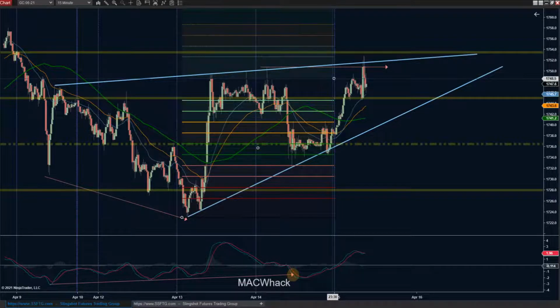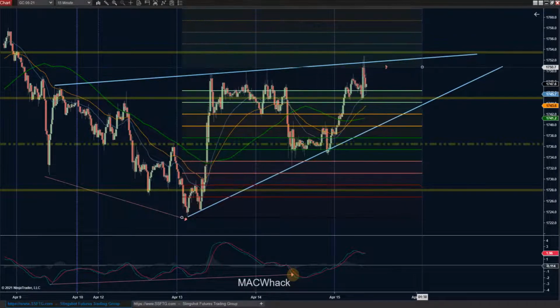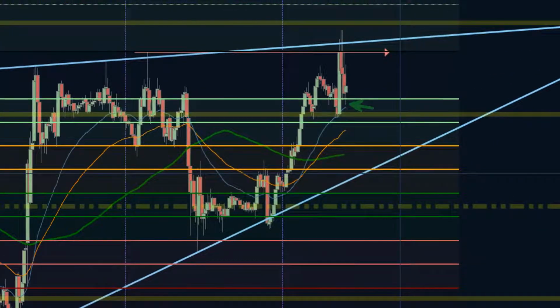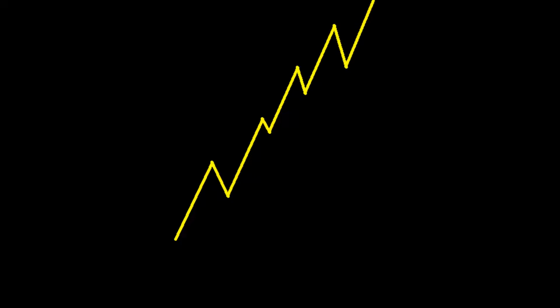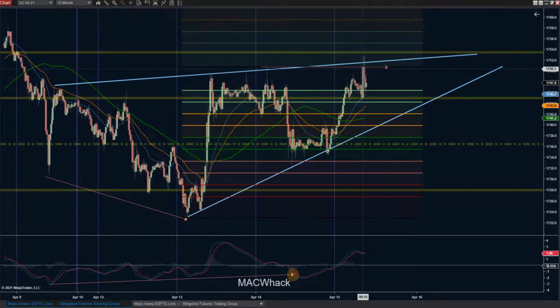So now that we have an L4 and a continuation break back to the upside, although it is weak, buyers are going to be trying to hold this first L1. This is where they want to see this trend go. Remember that lightning bolt trend in strength, L1 pullback, really shallow. Right? You don't want to see it go really deep. That causes some problems. So right now, we haven't had a really strong break above the highs.